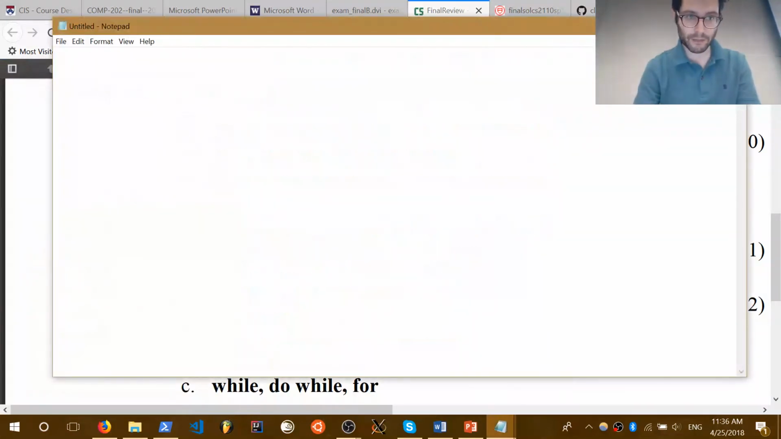Notepad. Int x is equal to 5, right? No problems there. x++. That's perfectly valid. That will increment x to 6. However,